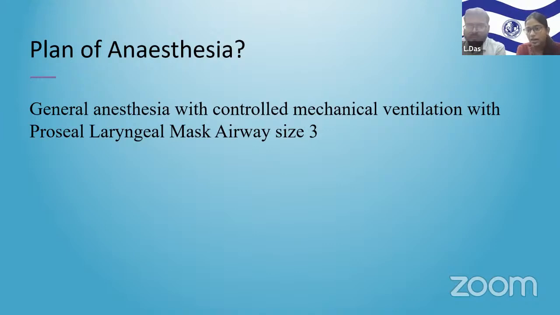Towards the end of the surgery, I'll ensure that local anesthetic has been infiltrated at the port site and the liver bed. And apart from multimodal analgesia, there are other blocks which are being used. Can you just mention those blocks? Yes, ma'am. Bilateral subcostal transversus abdominis plane block, erector spinae plane block, and quadratus lumborum block can be used for analgesia for a laparoscopic cholecystectomy. Ultrasound-guided use of these blocks is a very effective and safe method of providing analgesia to these patients.